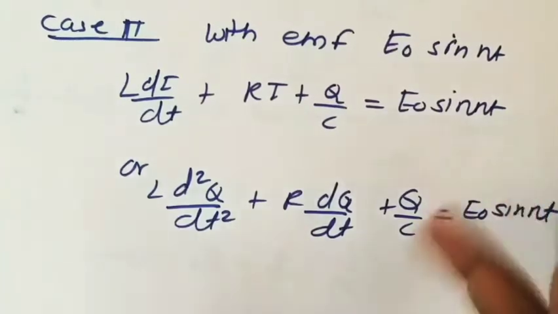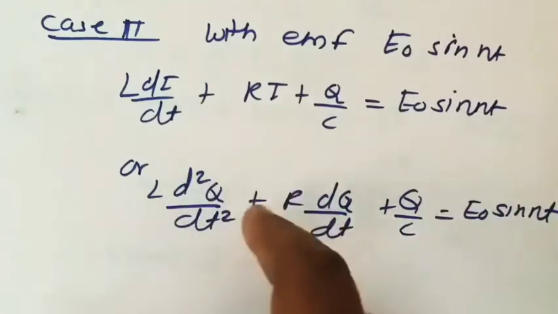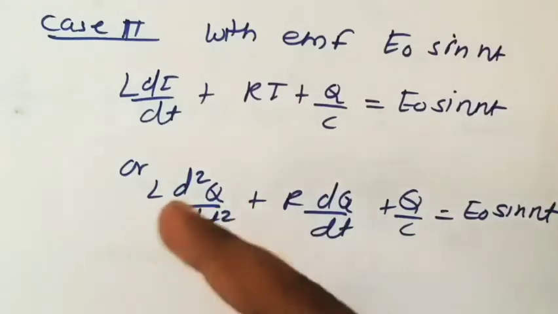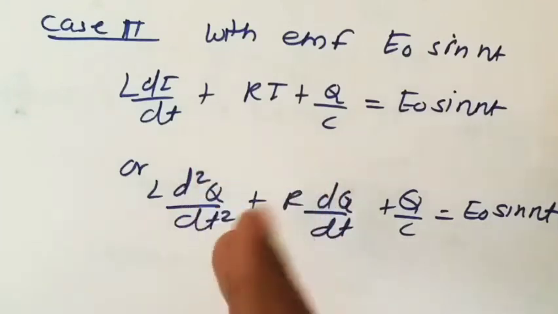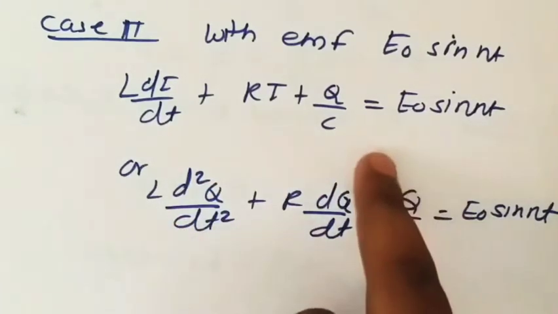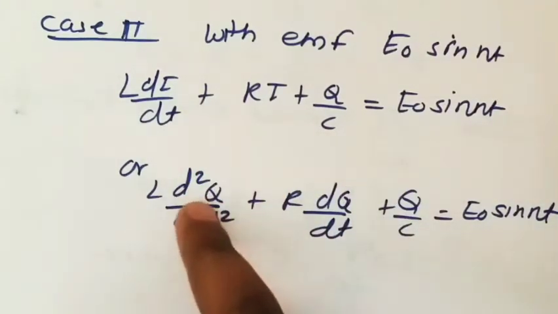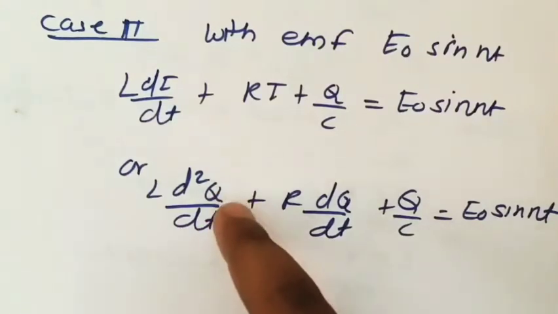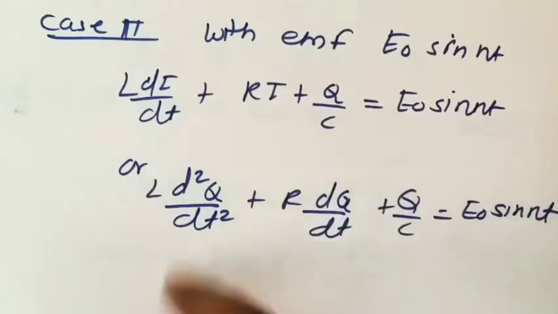Accordingly, we need to change this right hand side value, and in a problem they may ask you to calculate charge or current. In that case, this differential equation we are going to use. After solving this differential equation, we'll get the value of q, which is the charge at any time t, in terms of t, and if you differentiate that charge, we'll get the value of the current.